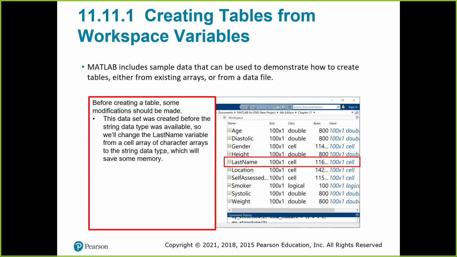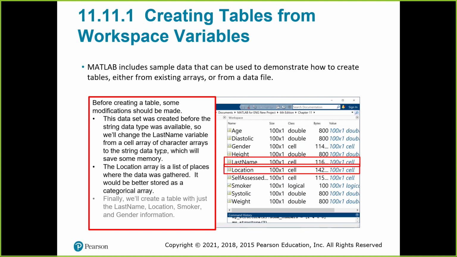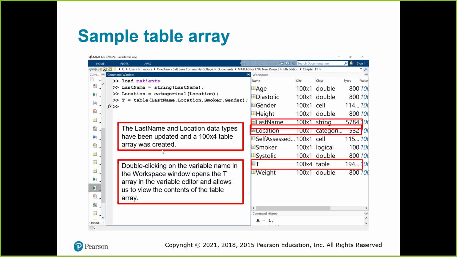The last name variables are just arrays, then the location of the places, and finally we create the table. Okay. So again, this is a sample that Holly has in the textbook that you can go through,